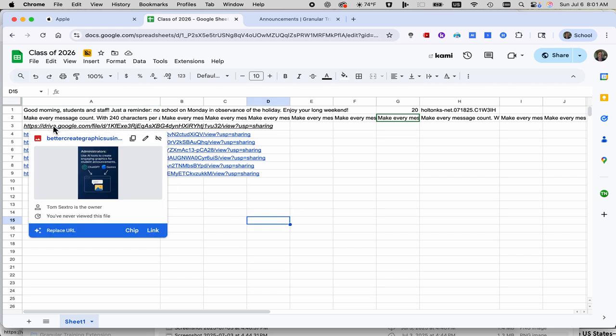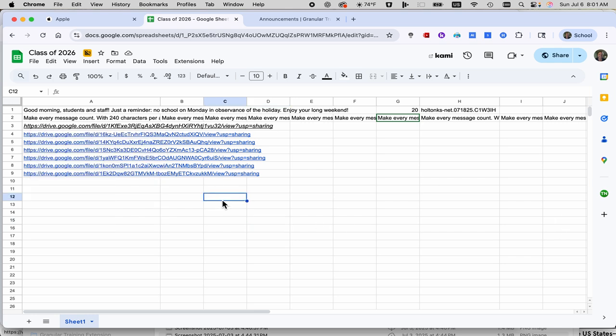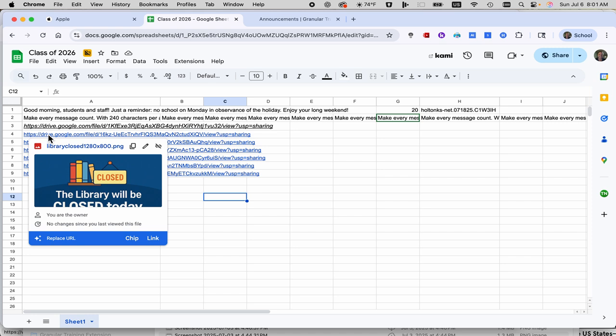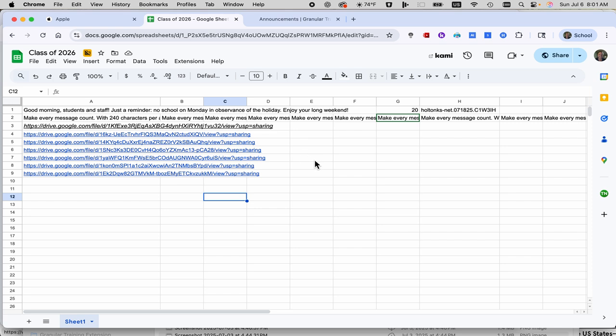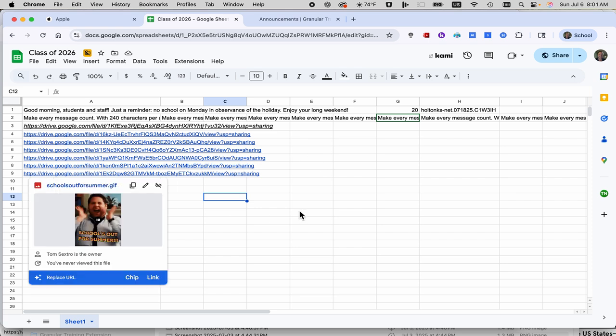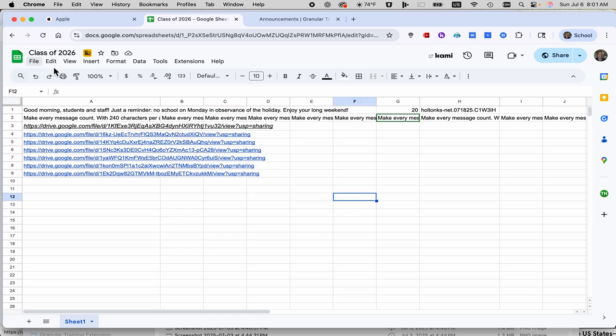Oh, those are those graphics. So what you do is, when you make a graphic in Google, in your AI tool is what I would use, or you could use any other tool that you want, Canva, if some people love Canva. And then you upload that to your Google Drive and share the link publicly. It's got to be a publicly shareable link, and you just paste those in there, and that's all you have to do. So if you want to reach the class of 2026 as seniors for this year,